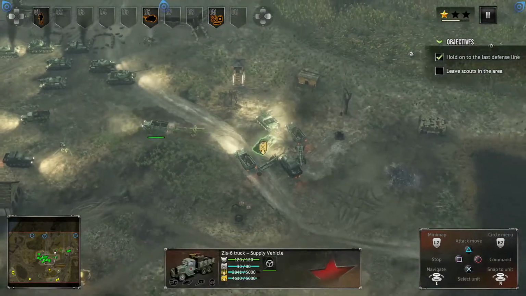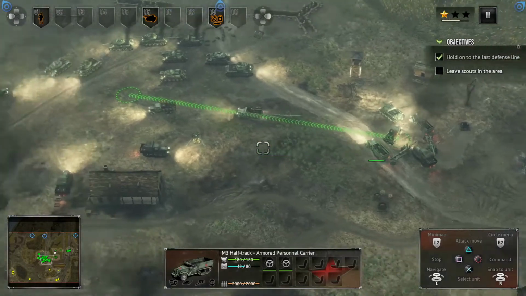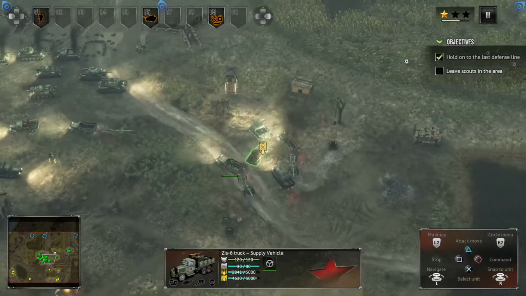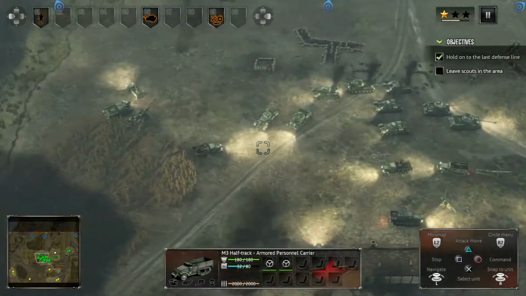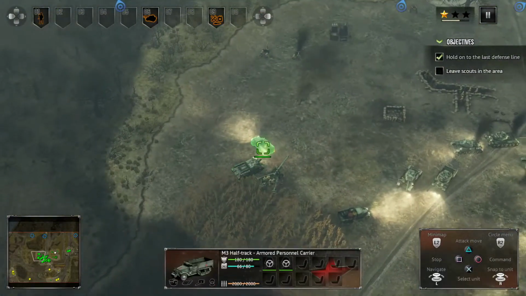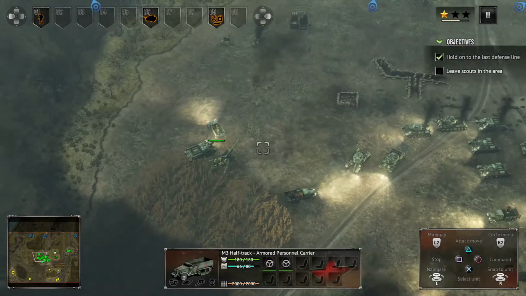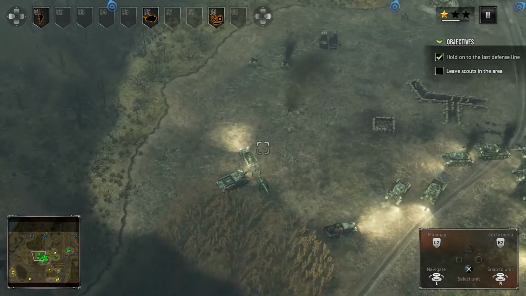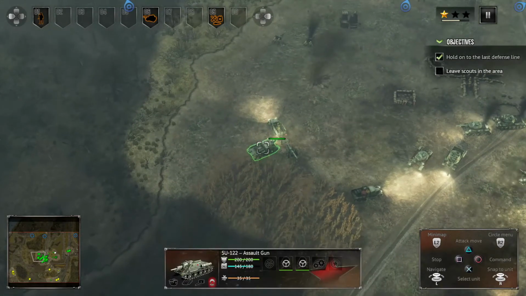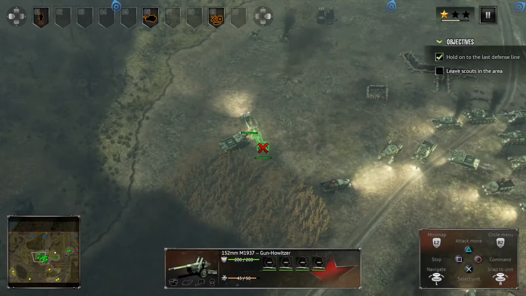But I want to group some of the stuff separate here. Here's a long-range gun as well. We're going to tow that. These gun howitzers you have to tow, so you don't want to lose those things. Okay, I'm going to group the gun howitzers and the assault guns